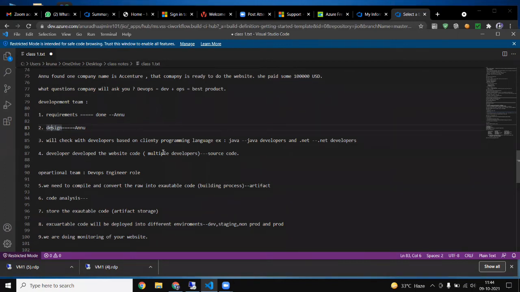Who will combine? We, the DevOps engineers. We will combine everything and we will give the output.